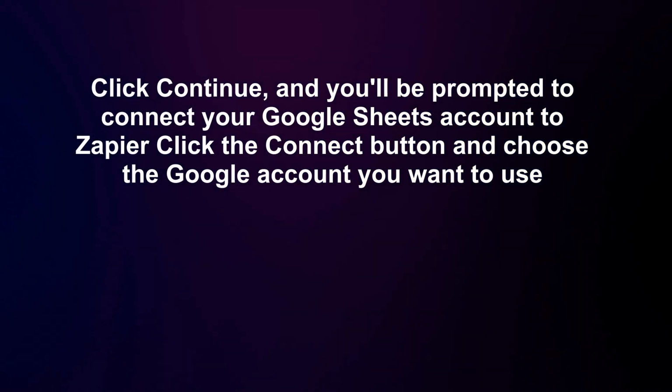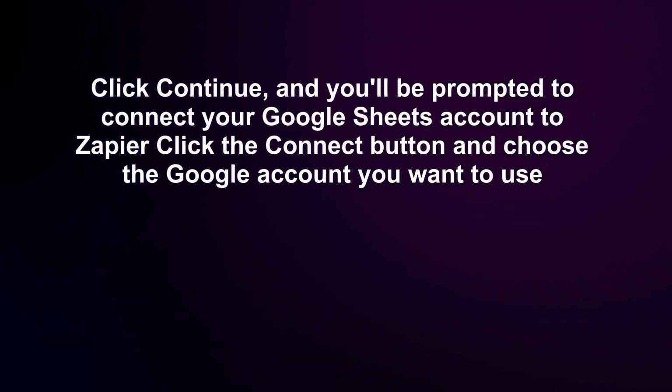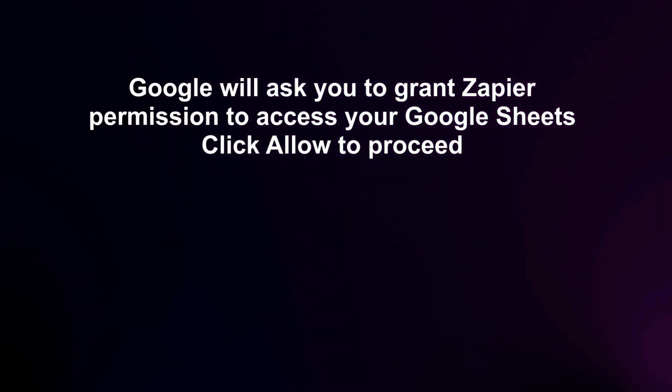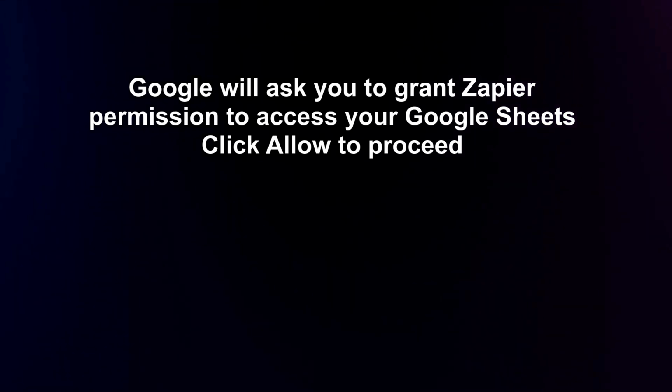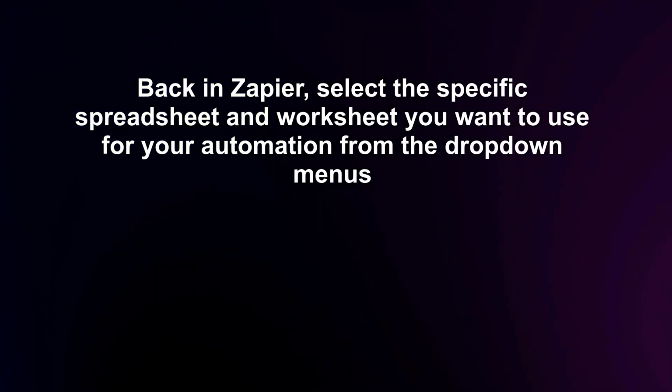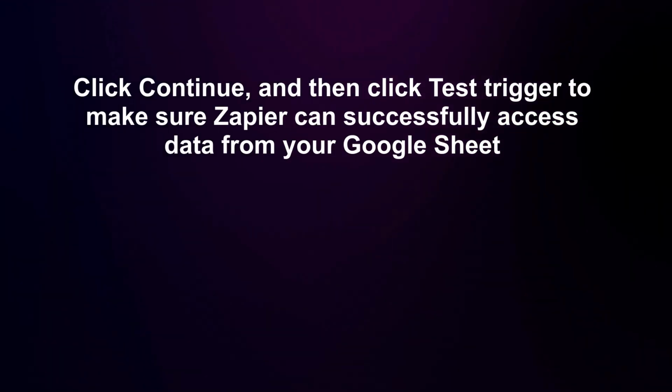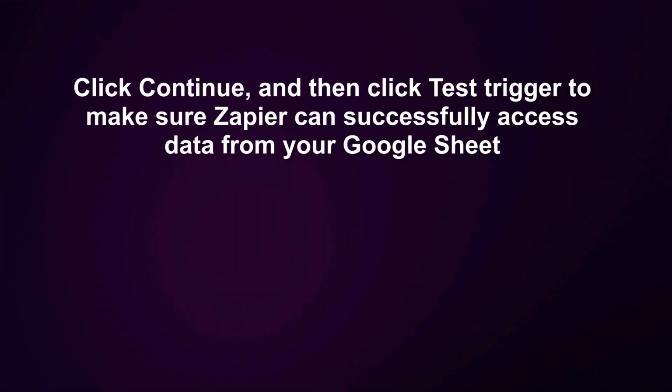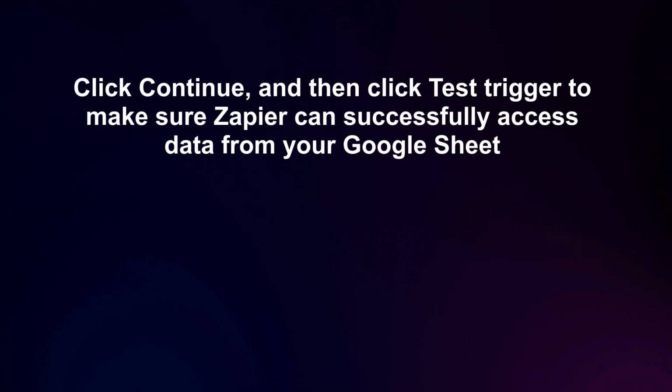Click the Connect button and choose the Google account you want to use. Google will ask you to grant Zapier permission to access your Google Sheets. Click Allow to proceed. Back in Zapier, select the specific spreadsheet and worksheet you want to use for your automation from the drop-down menus. Click Continue, and then click Test Trigger to make sure Zapier can successfully access data from